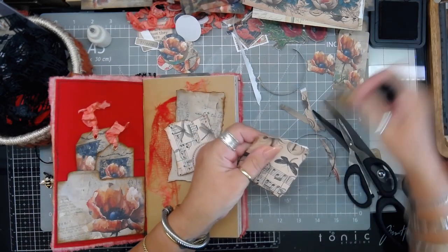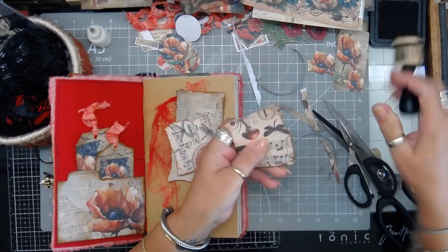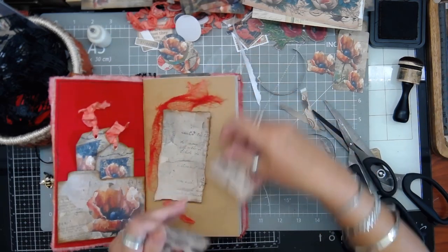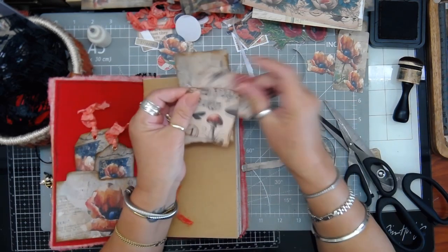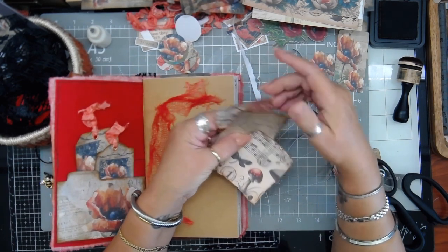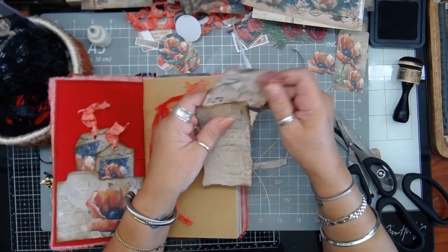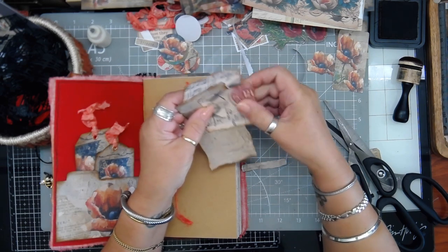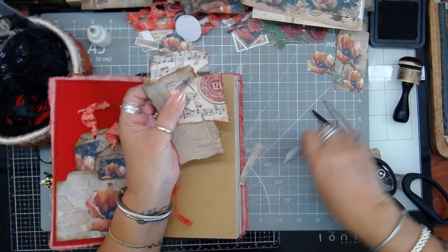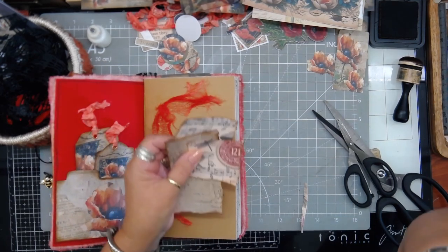So even though you have a kit and you've got plenty of ephemera, don't be shy to, you know, make your own things out of them, because it's sort of part of the process. I'm going to hold my piece. I like that red. Yeah, I quite like that. Just put those in the bin. And then